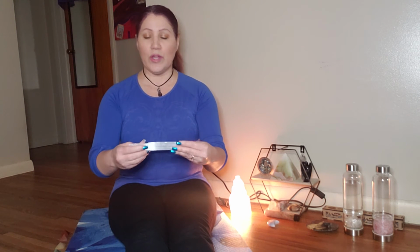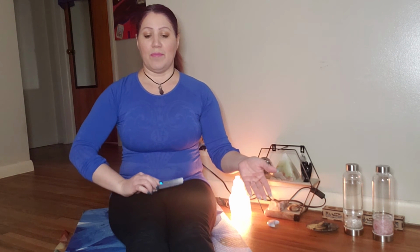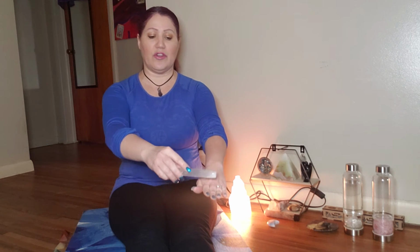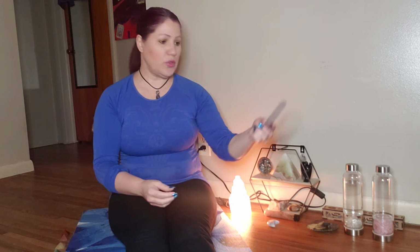So to continue with our first part of the grounding, I want to prepare myself by passing this selenite through my body and push it down to my feet. I am trying to get rid of all the negative energy by saying, I want to get rid of all the gray, all the dark, and all the negative energy around my body. And I am going to do it through the earth. And we are going to push down all that energy down to our feet. And once we do that,